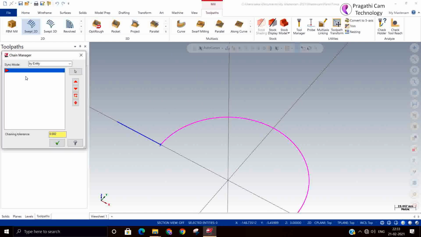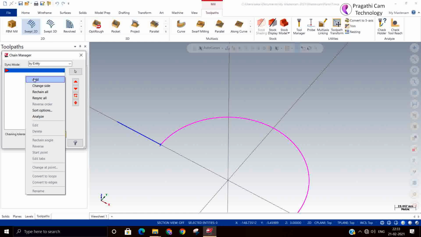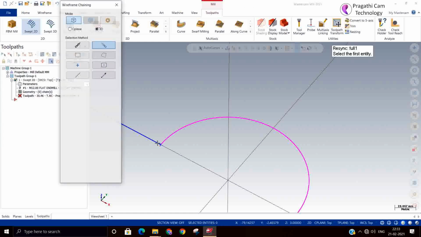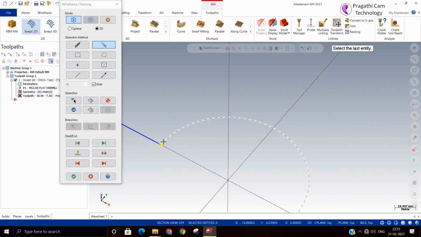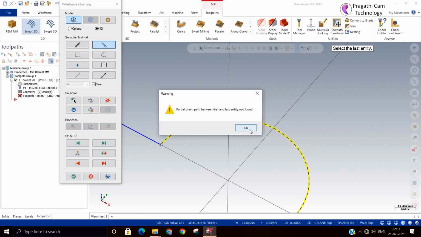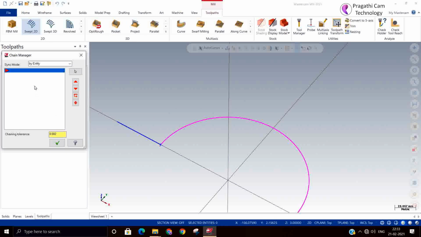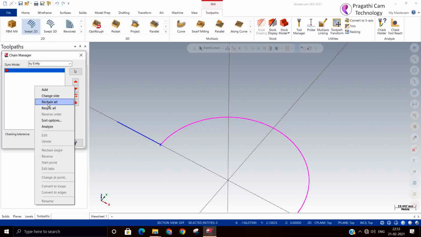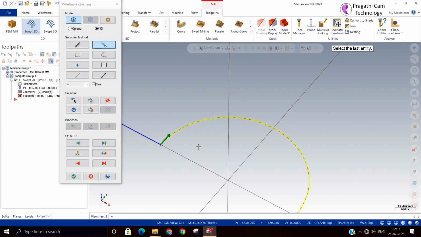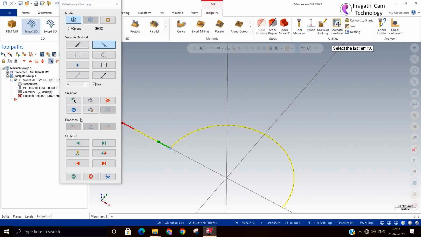I just rechain and check it. This is my across contour. This is my along contour. That is my starting point.